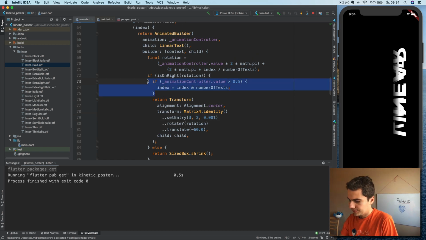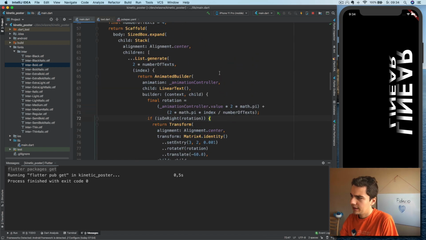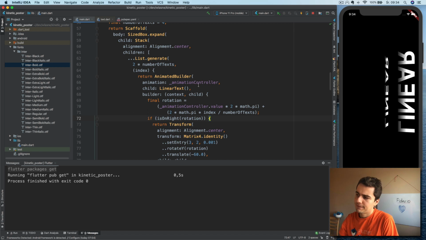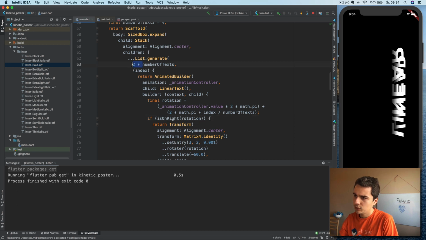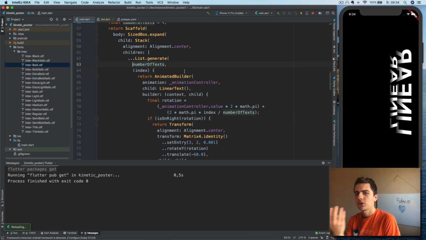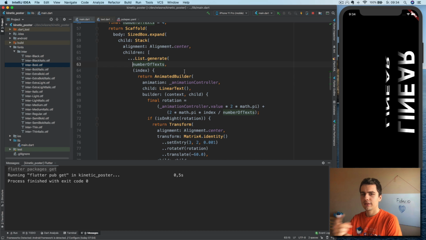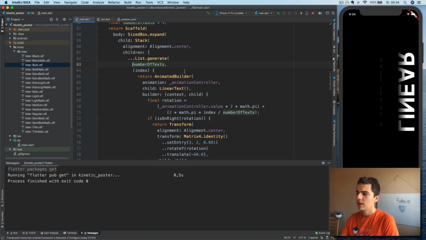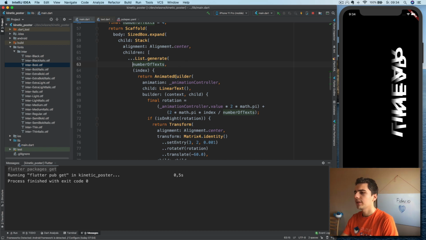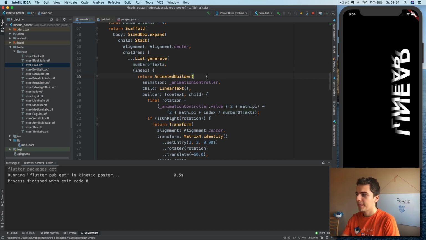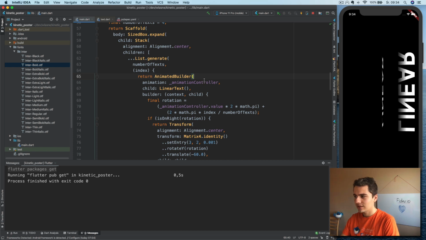So, what I'm thinking of is: we have those texts, and we rotate those texts a full circle. But instead of rotating it a full circle, we would start